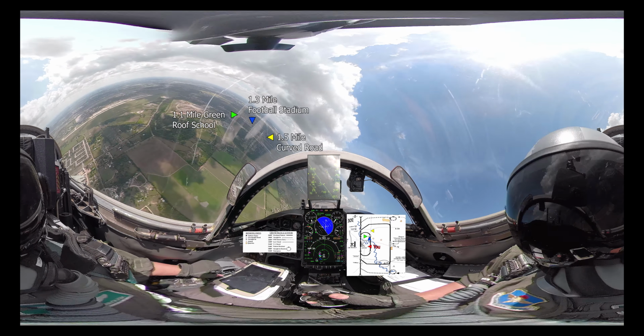Roll to 45 degrees of bank, reduce the power to approximately 88%, and let the nose fall to the desired 8 degrees nose low. Halfway around the final turn, you should be 1,850 feet. As you start to roll out on final, you should start to see a 3-degree wire,